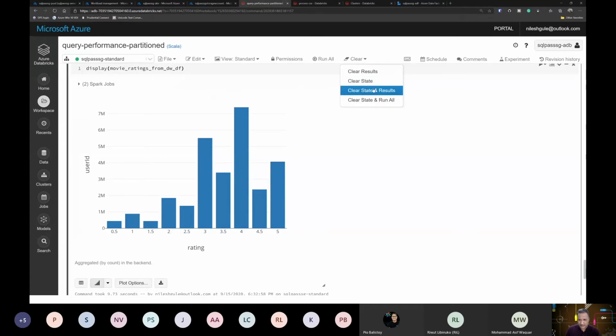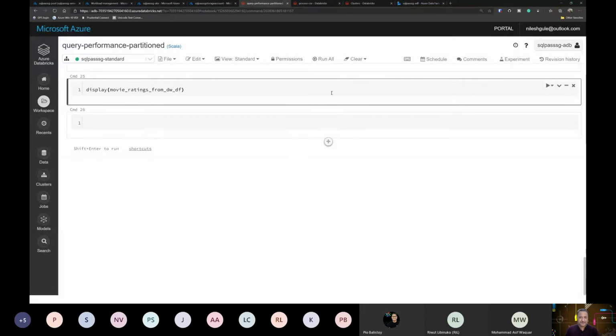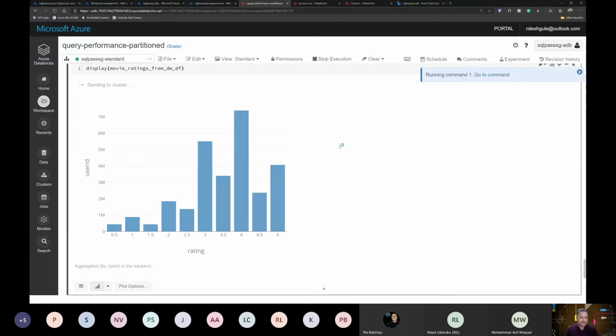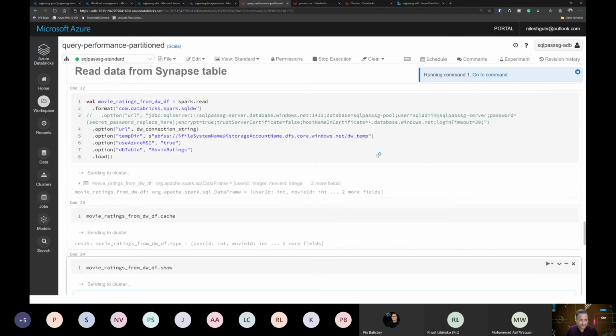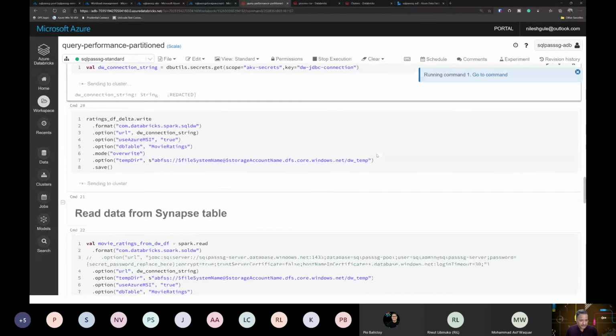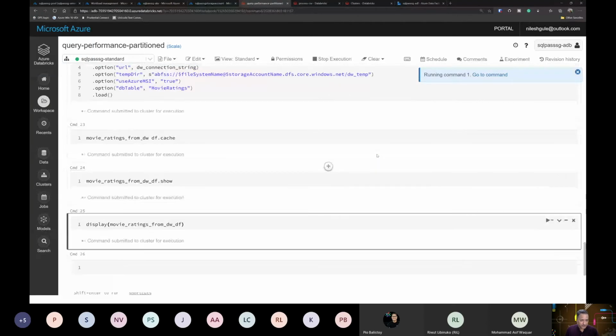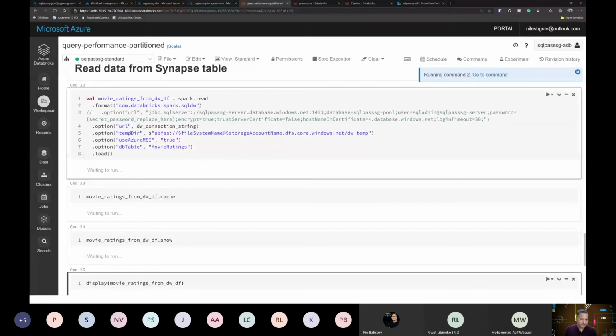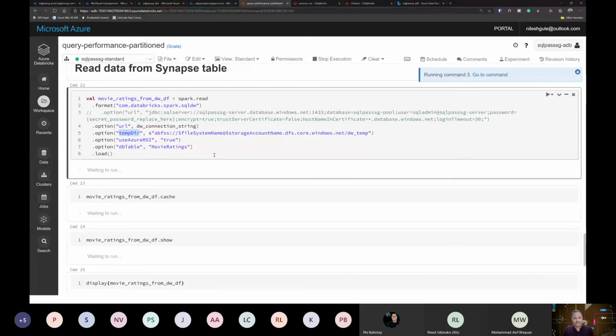Let's clear all these results and state and run all of this again. So Polybase gets used in this temp directory location where we are trying to write the data temporarily. When SQL Data Warehouse and Spark use this temporary location, Polybase is used internally by the SQL Data Warehouse connector.